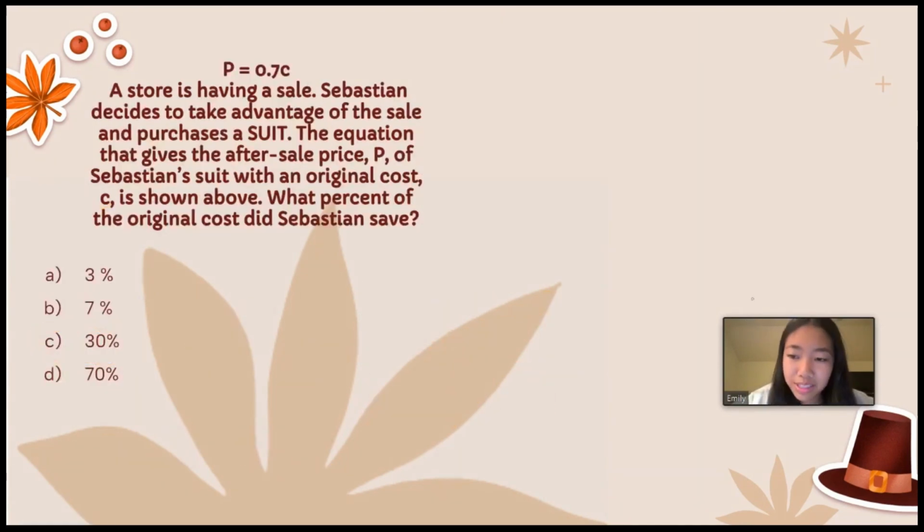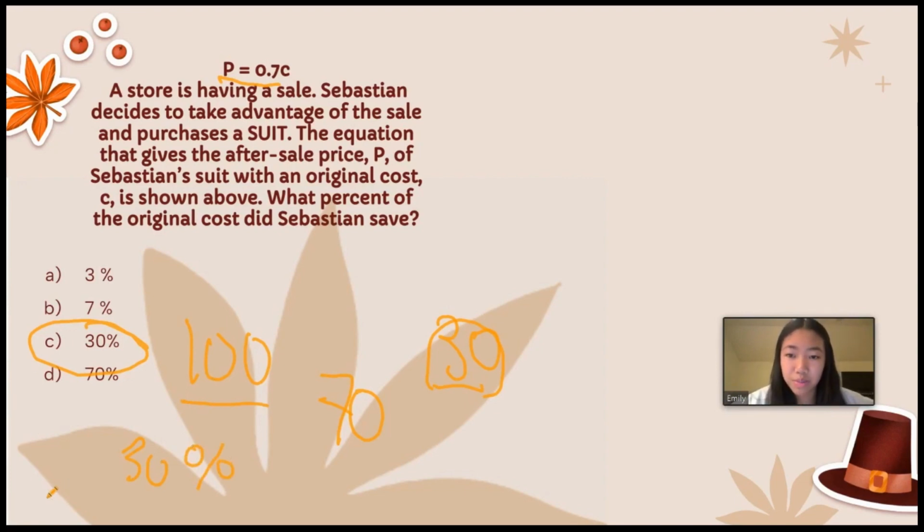So the correct answer to our question is going to be answer choice C, which says 30%. So let's pretend that his suit was originally $100. When we plug this into this equation, 0.7 of this is going to be $70. And so we notice that he spends $30 less after applying this discount or sale. So in this case, because the denominator is 100, we know that 30 over 100 is going to be 30%. So he's going to save 30%, and that's 30% of the original cost,